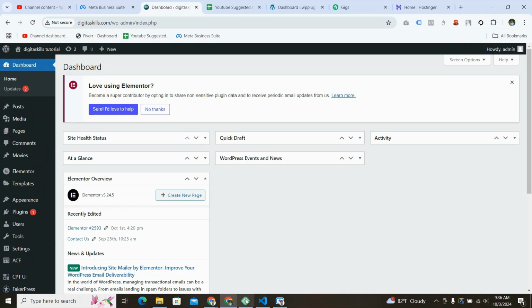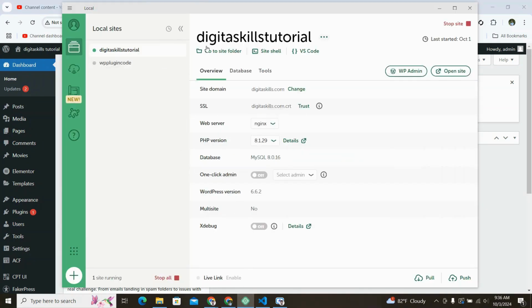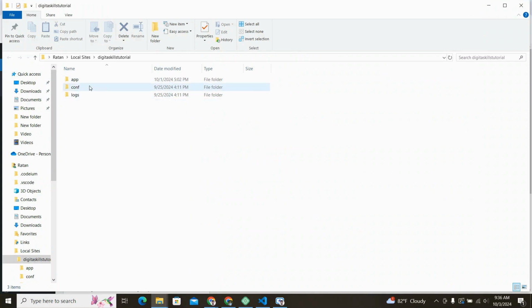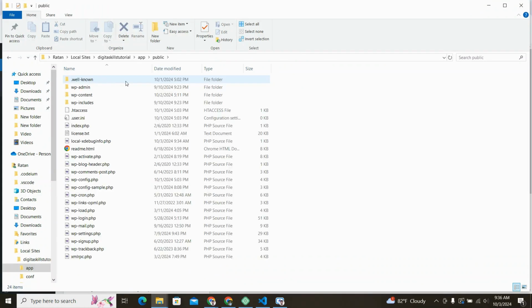I am using WP Local to install WordPress on my local machine. If we create a WordPress project in WP Local, it will give us a folder link. So click on go to site folder. This will open a folder, and then go to app, and then public, and this is your WordPress core